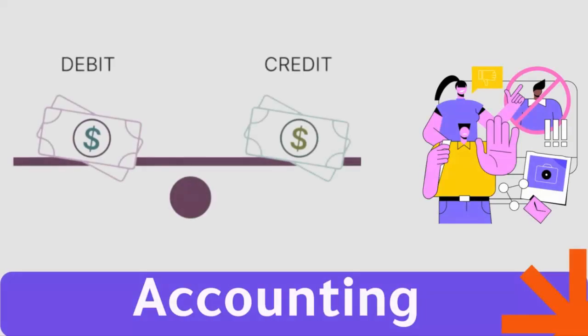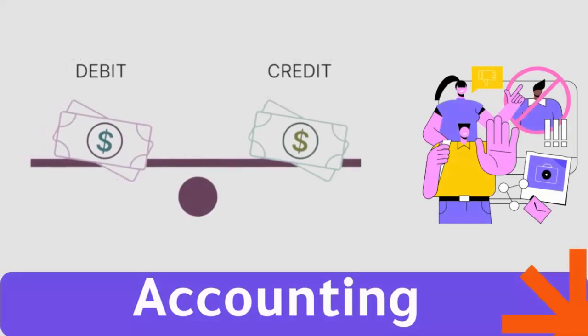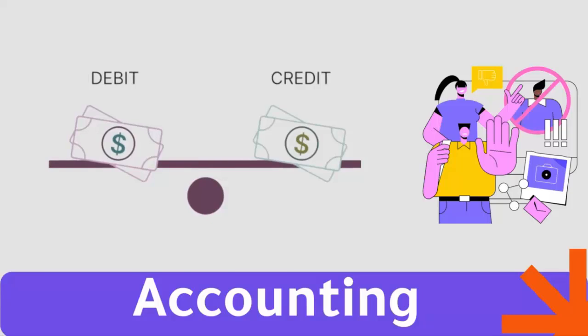The debit and credit concept. What you need to understand when we talk about accounting is that it's actually double entry bookkeeping, okay? So when you want to register a transaction in Odoo, you always need to have a balanced journal entry. You have one part on the debit side and one part on the credit side, and debit must always equal credit. You can't